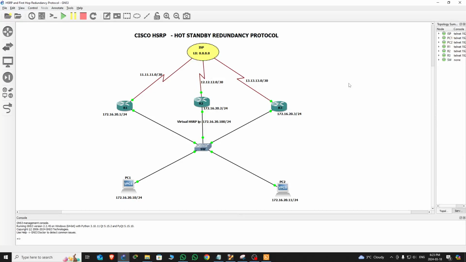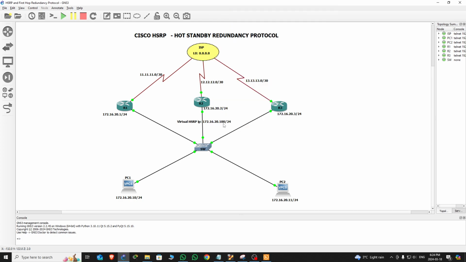So today we're going to do a video on Cisco HSRP, Hot Standby Redundancy Protocol. For this video we have three client-side routers, R1, R2 and R3, and we have the ISPN. All these three routers are connected to the ISP so that if R1 fails, one of these should be able to pick up. If R1 fails, R2 or R3 should pick up, but we don't know who is going to pick up because we're going to configure HSRP so that it decides